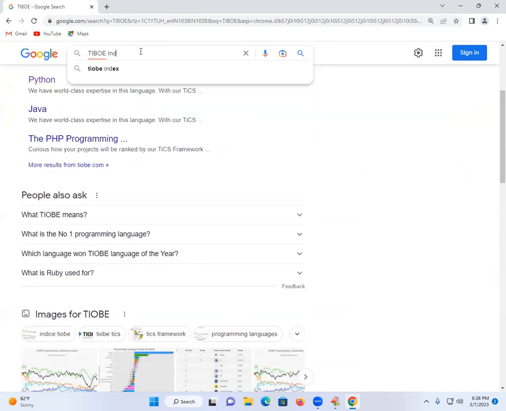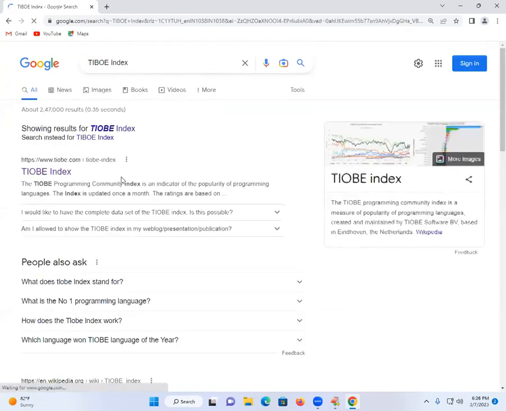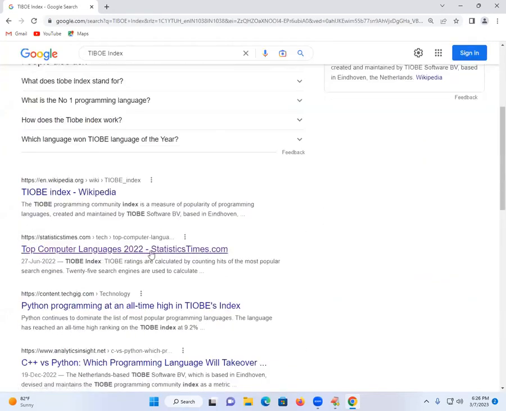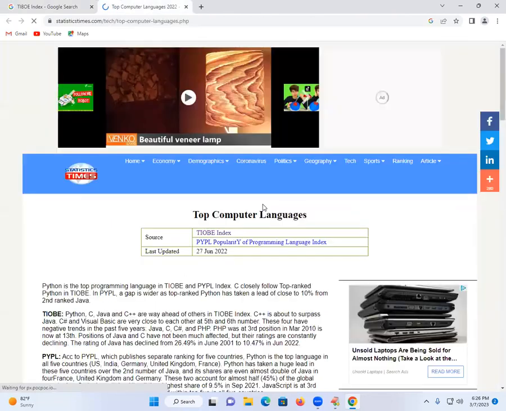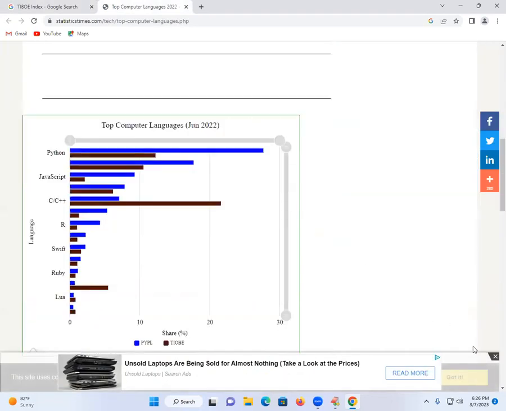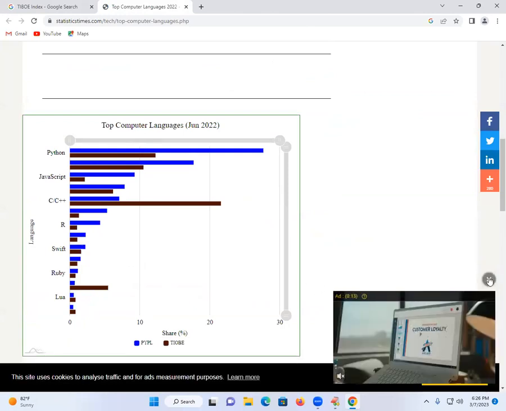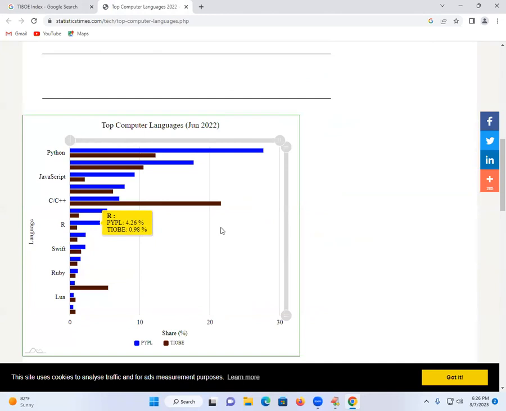TIOBE index, I'm just going to take up here. What is the TIOBE index? Computer languages. Yesterday's class I gave some statistical information. That statistical information I showed you in yesterday's class, and nothing to feel that I'm showing it once again. Those who are new, you can understand the popularity of Python programming. It is highly used in top world-class software companies.